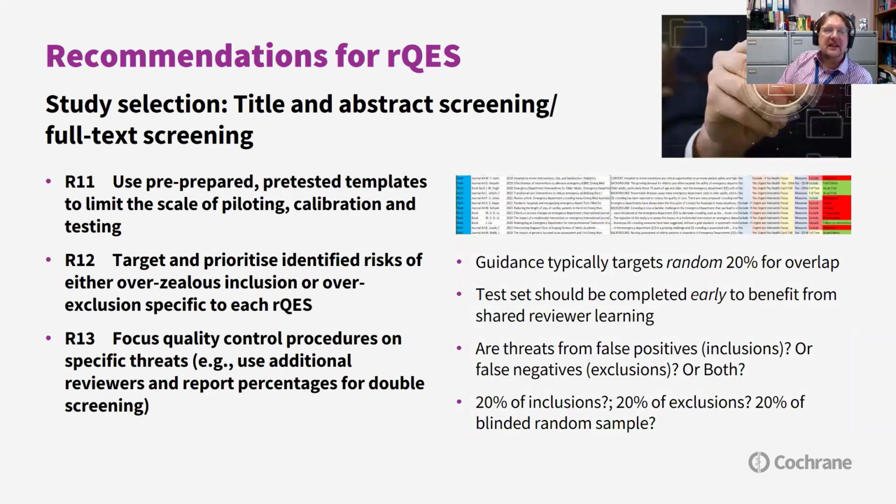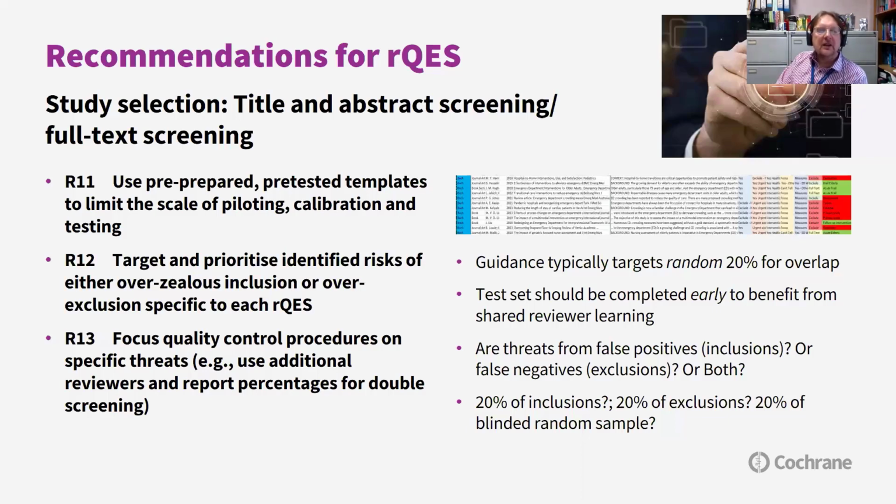Moving on, study selection. We can save time by using pre-prepared, pre-tested templates. I have illustrated there how we use Excel. We design our drop-down menus to speed up the process of selection, and it allows filtering and having different views through the data if we're going to move on to sampling. It can also be used to code the records at the same time as selecting them. So instead of just include or exclude, we could have categories that help us to place records within particular samples.